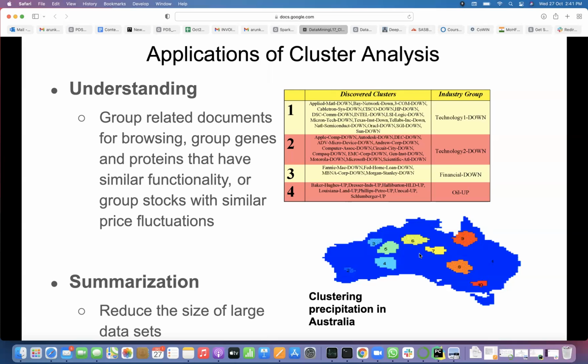So instead of throwing thousands of point-wise precipitations, after summarizing, okay, this part has this much precipitation around; you will not say that exactly 4 every point will have. All these points will have around 4 precipitation, like that. So summarization is also called reducing the size of large data sets. Summarizing means you are summarizing the total data into an understandable notation, easy to follow, about the precipitation of Australia in this case.